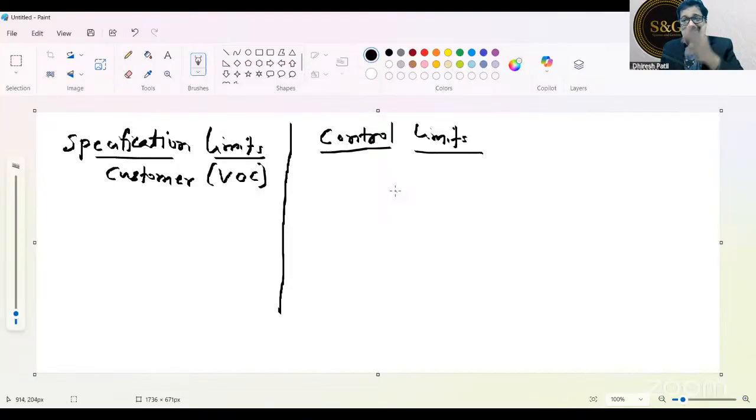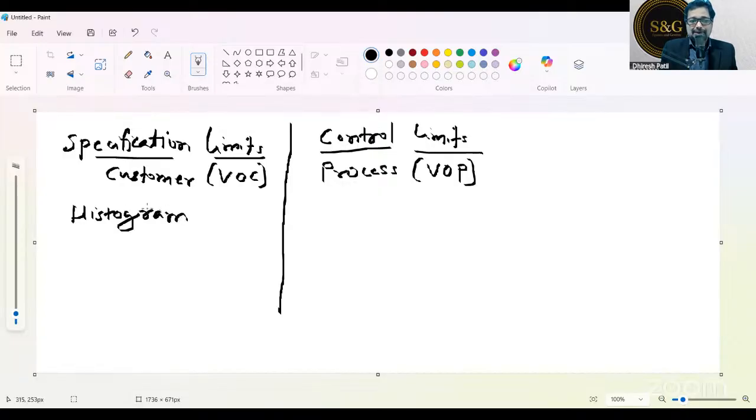Then who decides the control limits? It is the process. Very good. Can I say it is voice of process? VOP. Voice of process is also called the data from the process. Let's make it very simple. Voice of process, nothing but data. Now, specification limits, generally we use histogram, and control limits,